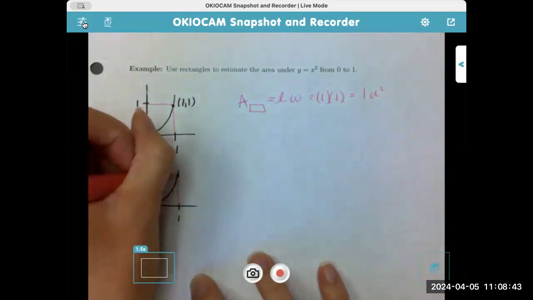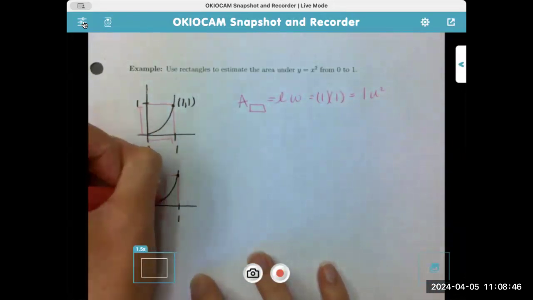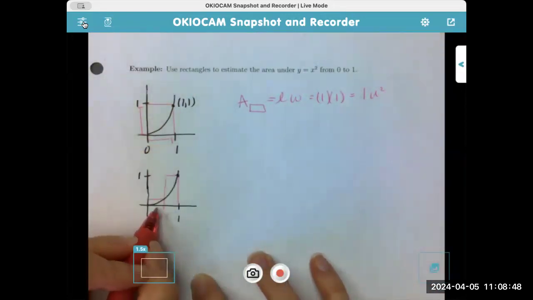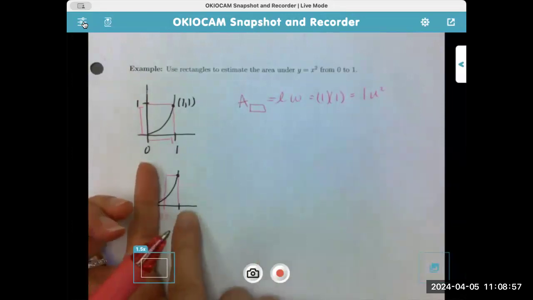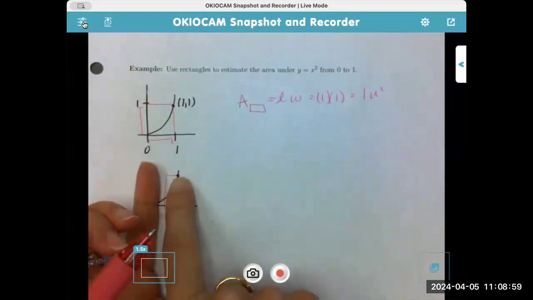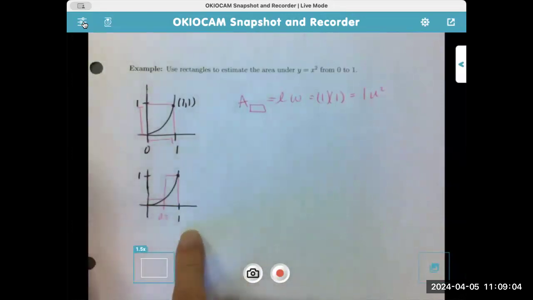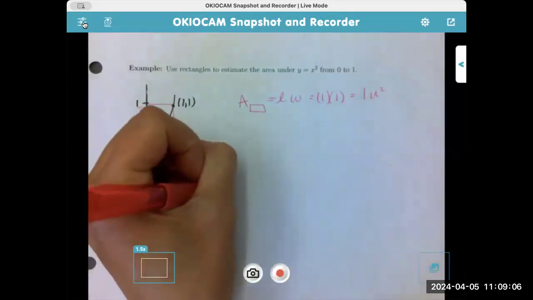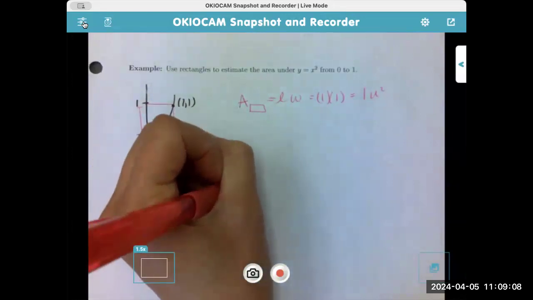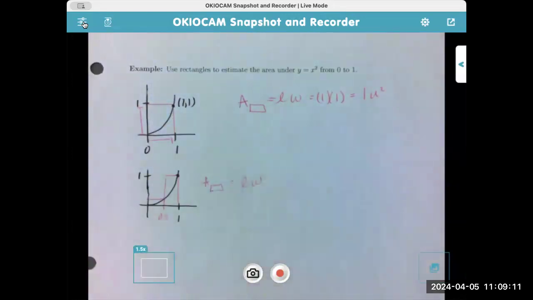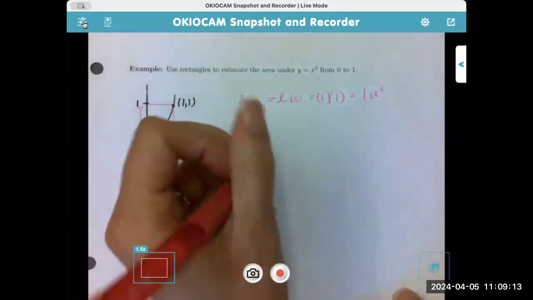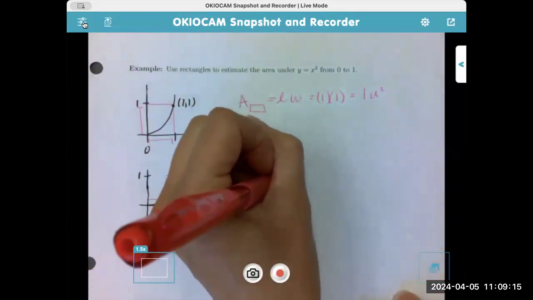And here, I'm going to go with the overestimate using right-handed limits, because notice, here's my sub-rectangle. I go to the right, I hit where I am on the function, and whoop, go left. Here is my second rectangle. I go to the right wall, I go up to the Y, and then I come over and down. So again, the area of a rectangle is length times width or height, if you prefer, right? Because we're going up. So the width of both of these things